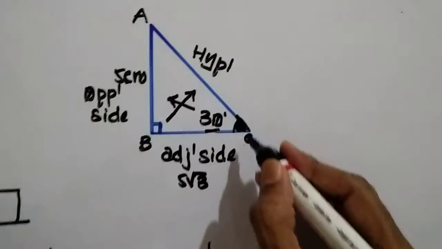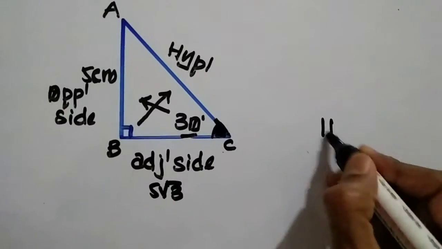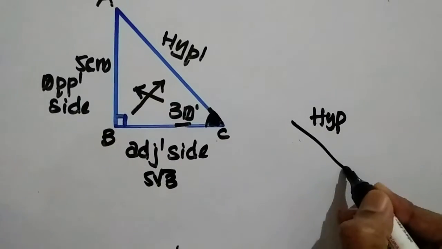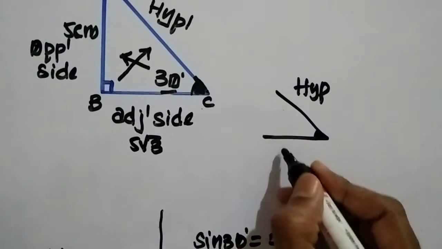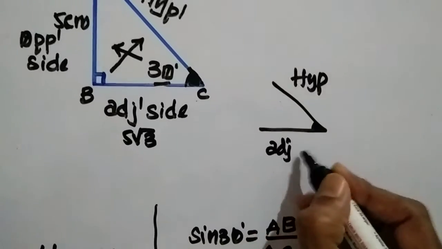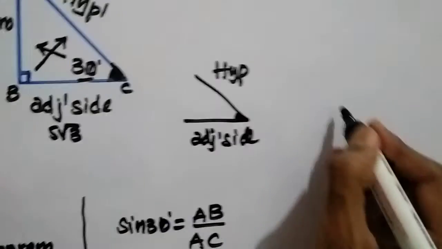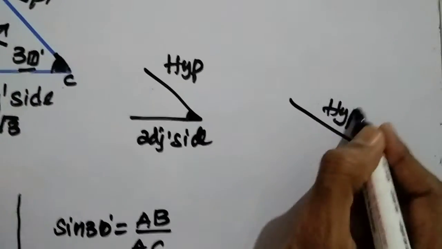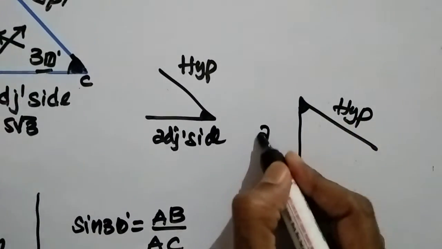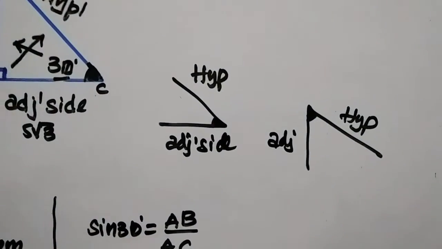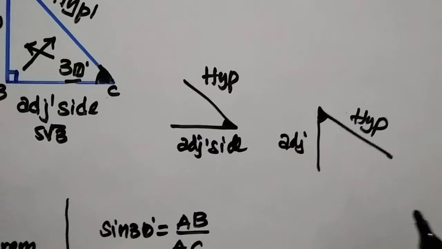Once more I will tell you about the adjacent side, keep it in mind. The side beside the hypotenuse, where no angle is, is called the adjacent side, remember, it is the technique. Suppose the hypotenuse is here and the angle is here, therefore the side beside the hypotenuse is called the adjacent side. Now the leftover side is the opposite side, keep it in mind, okay.